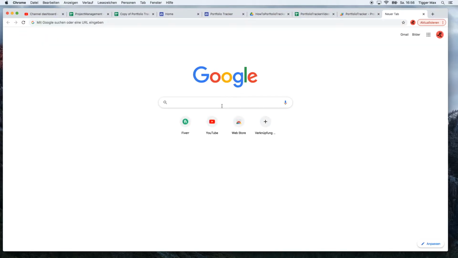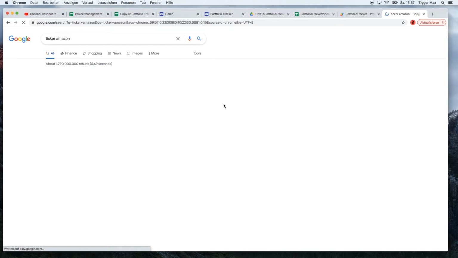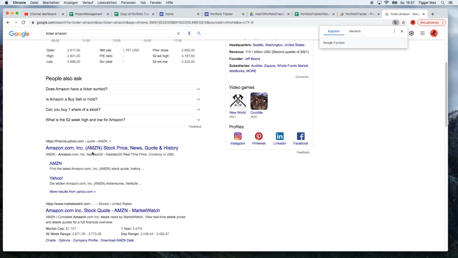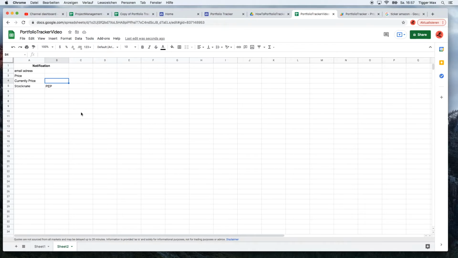The tickers you can also always Google. So if you want to have a ticker from some stocks, then you can just put it here, ticker, and for example Amazon ticker, and if you come here, then you see AMZN. So that's the way how you can do it. So we have now here Pepsi,